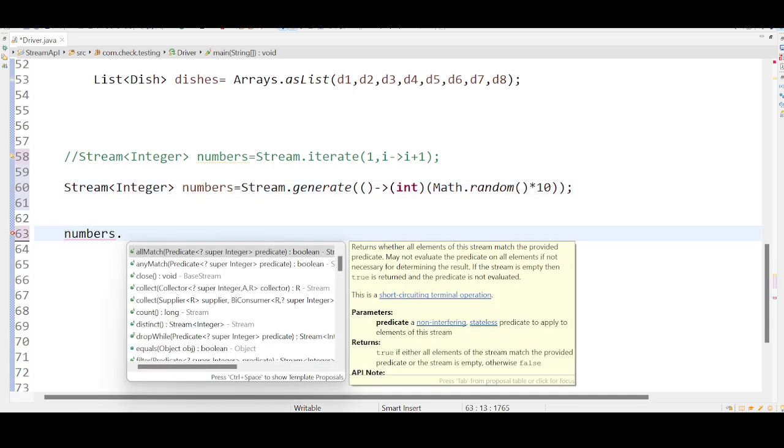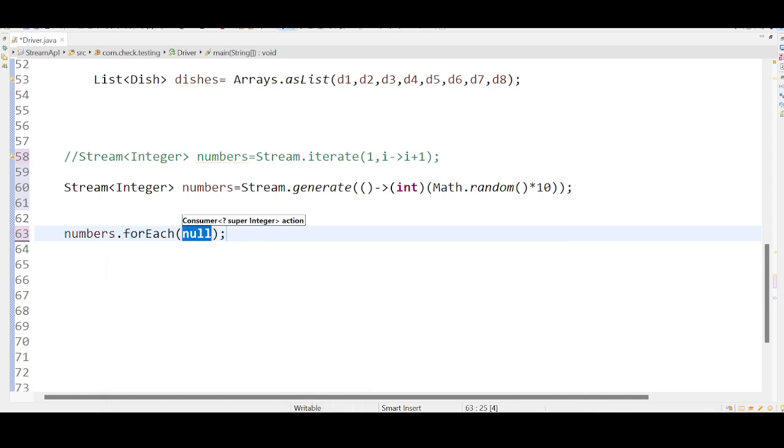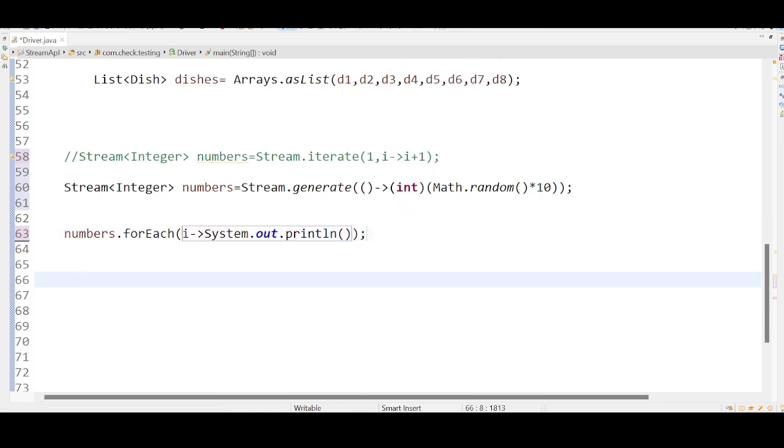dot, and if I convert it to, for example, if I just directly use forEach, and System.out.println,